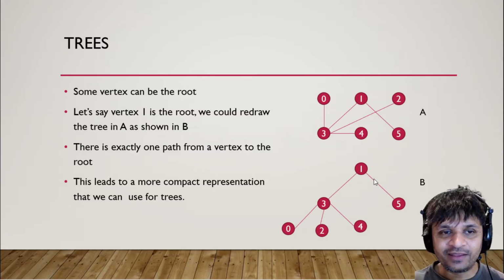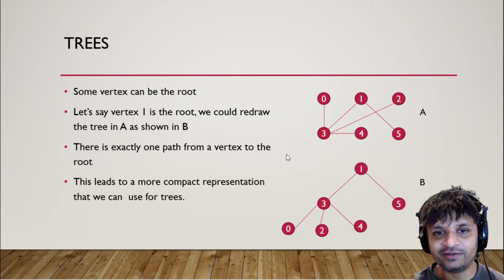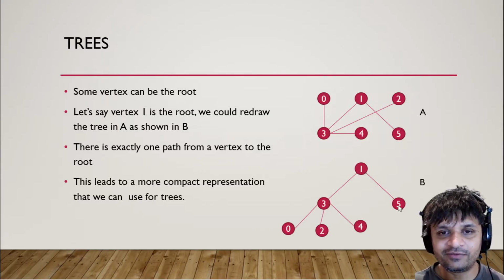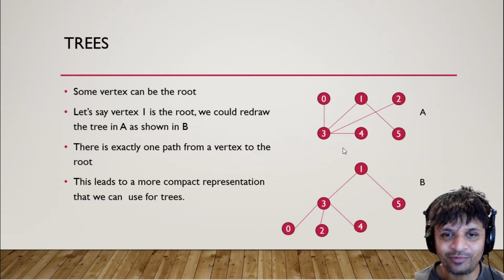Now, once I've picked that root, I know that a tree is acyclic. So that means there can be only one path from any vertex to any other vertex. Let's take an example, 5 and 3. There's this path 5, 1, 3. If there was another path somewhere, let's say 5, 4, 3, that would mean there would be a cycle, because there'd be two paths that could join up and make this